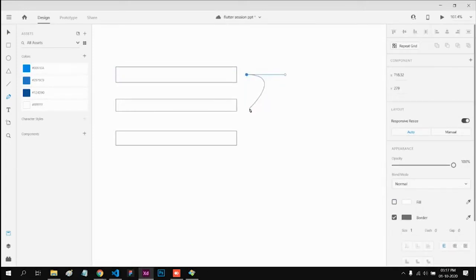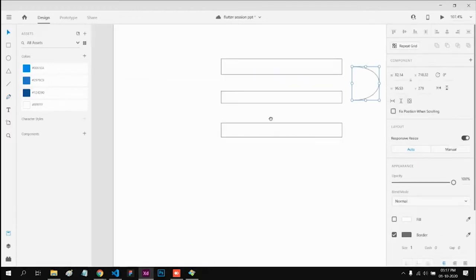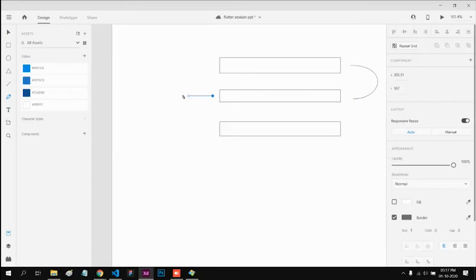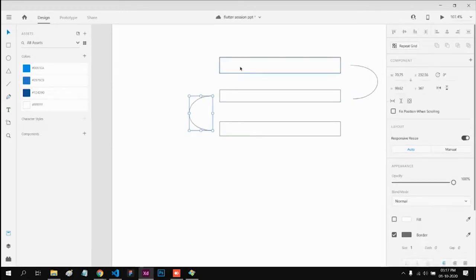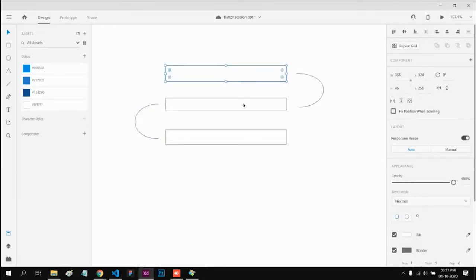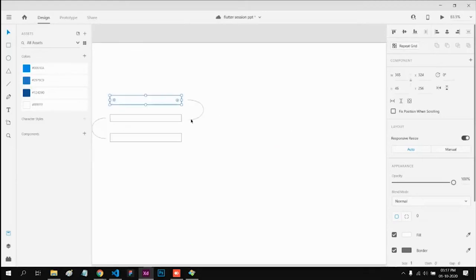Sorry, my bad pen tool skills. Okay, we'll jump to the next task, and only if this task finishes will we move to the next task. That is synchronous programming. So after task 1 we do task 2, and after task 2 we do task 3. But for asynchronous programming,